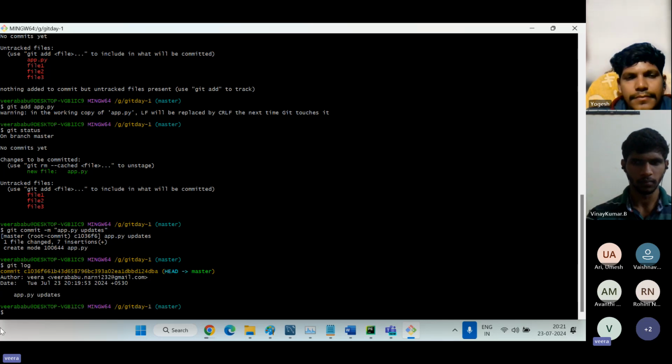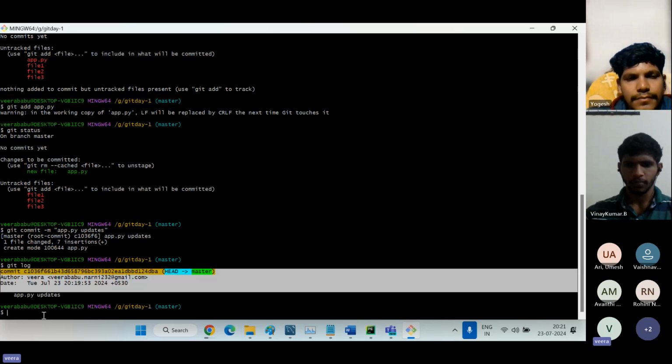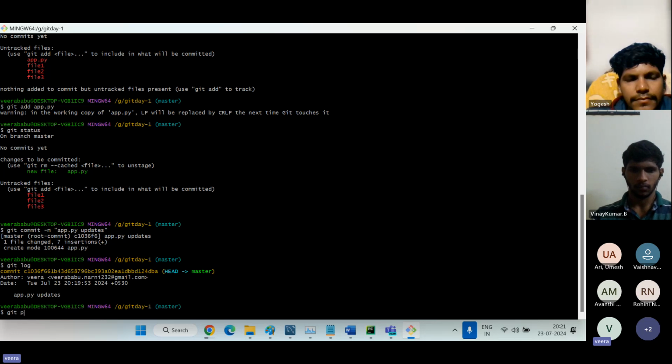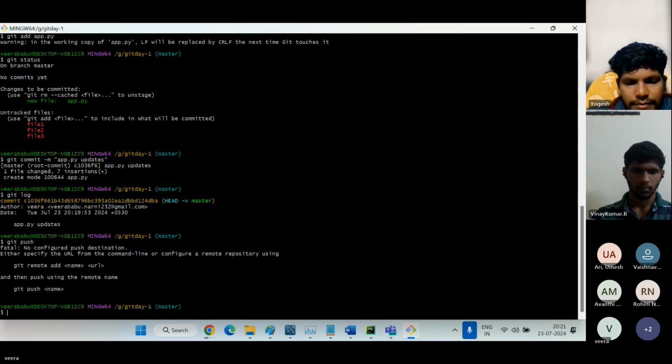Now if you want to push this file into the remote repository, you need to run git push. So guys, here we need to understand a very important thing. Git push means which GitHub repository? So you have to first create a GitHub account and configure this local repository with the remote repository. Then if you give git push only, it will push into your remote repository. My end,